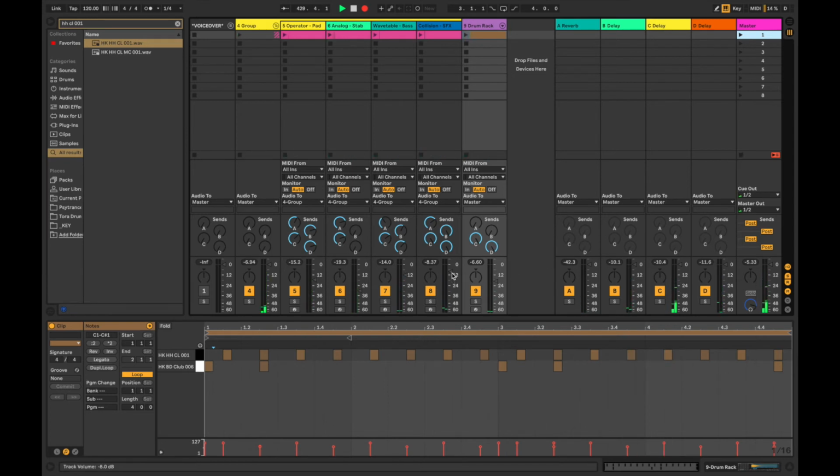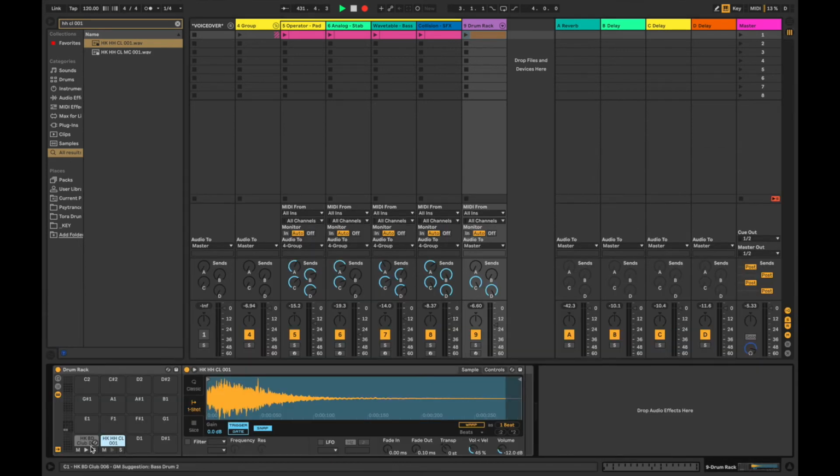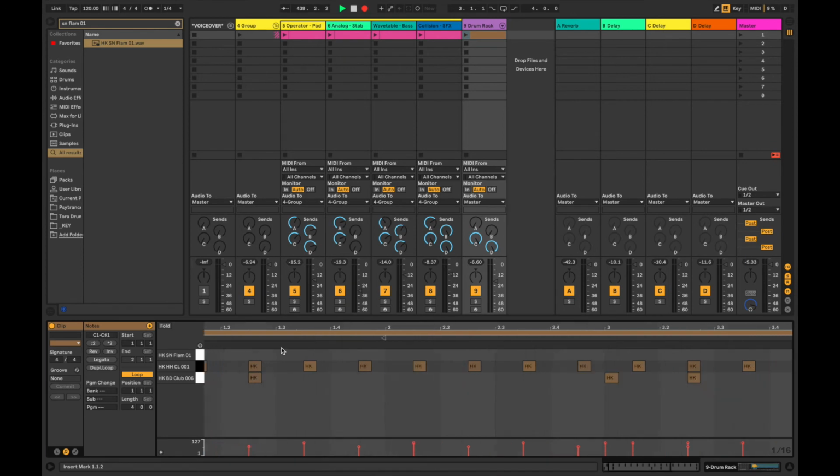So now we want to insert a snare. So we're going to search for the SN Flam 01. We're going to insert that on slot 3. We're going to open up our MIDI clip and we're going to put the snare on 1.3.4. Cool. We're going to decrease the velocity to 75%